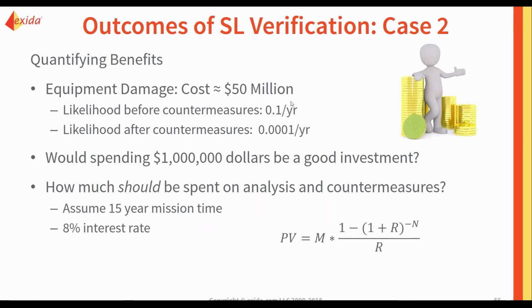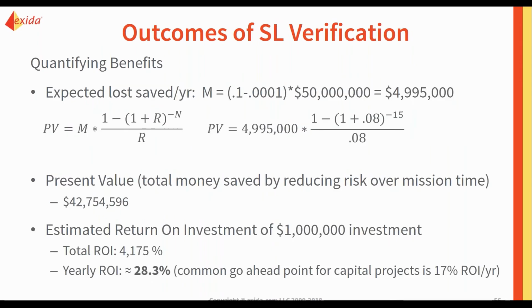if we say that the likelihood before countermeasures is 1 in 10 years, a more targeted malware type attack, but that we are able to reduce it to our tolerable frequency of 1 in 10,000 years, would spending $1 million to do that be a good investment? And so we can do the same level of calculations, assuming the 15-year mission time and 8% interest rate. And if we figure out how much that might save using the same equation,